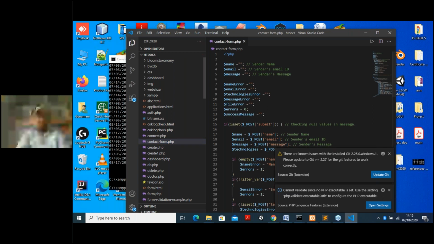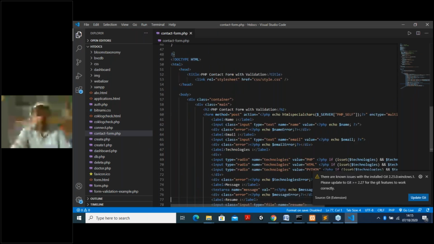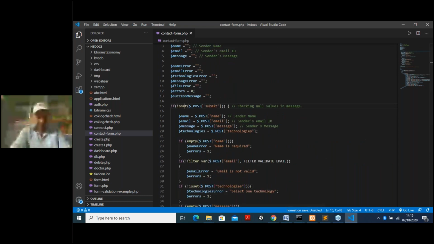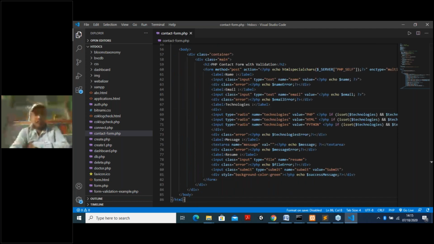Now, what am I going to explain to you? I am going to explain the entire form here. Now let us see. Don't worry, because it is about 150 lines of coding. Actually it is a maximum of 86 lines of coding. So it is a small program, so don't worry about these things.